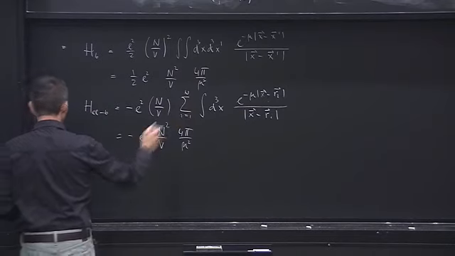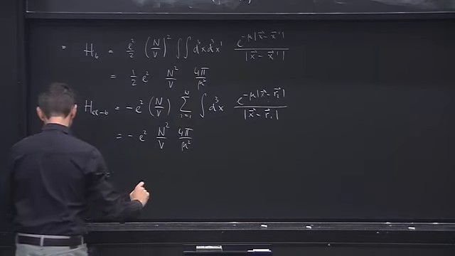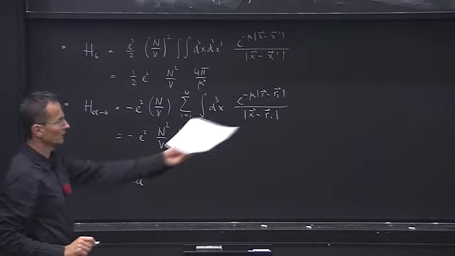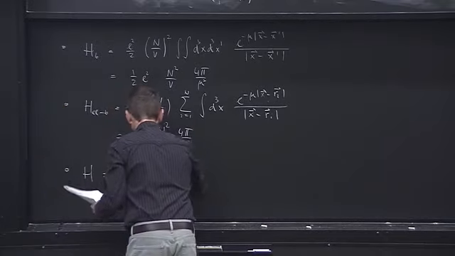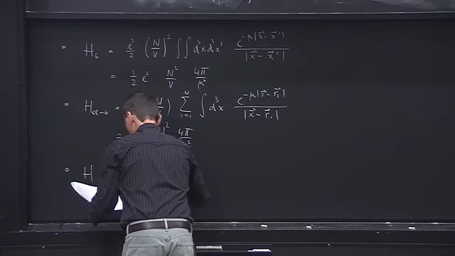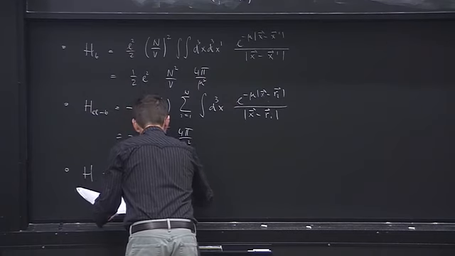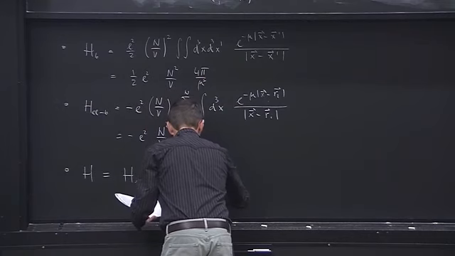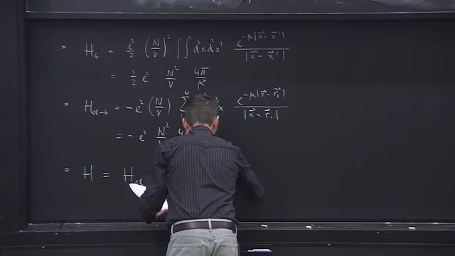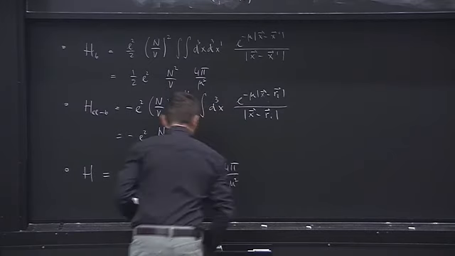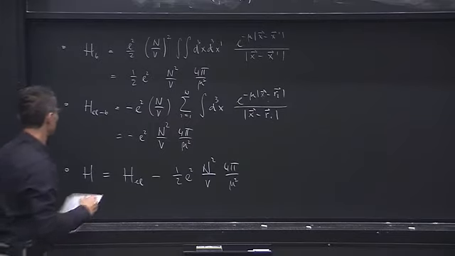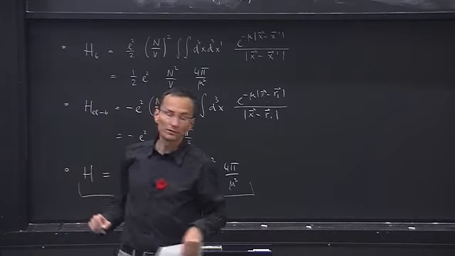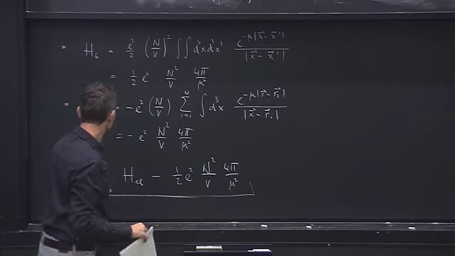Nevertheless, let us combine everything, and let's write the full Hamiltonian as follows. So we have this electronic part, which we still need to deal with. And then we collect these constants, and these constants look like this: 1/2 e squared n squared over V, 4 pi over mu squared. Okay, so this is the Hamiltonian, and in the remaining 5 or so minutes, let us work